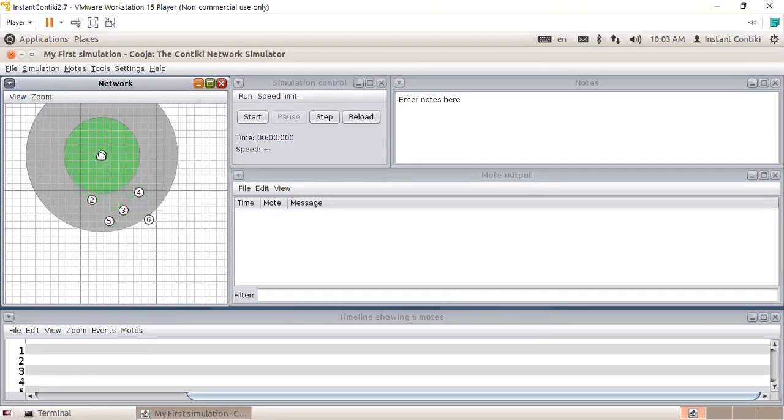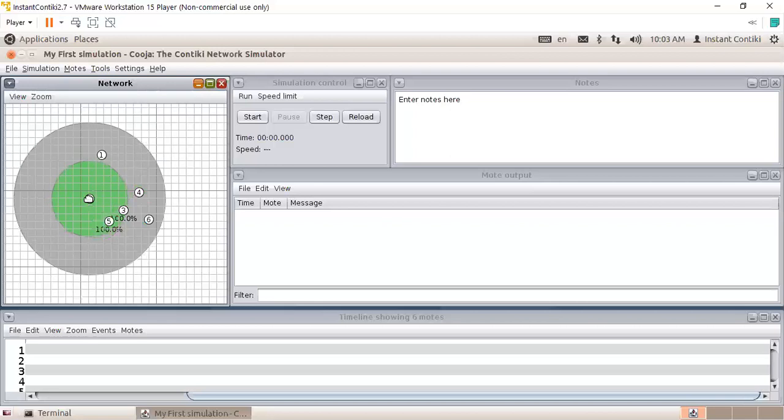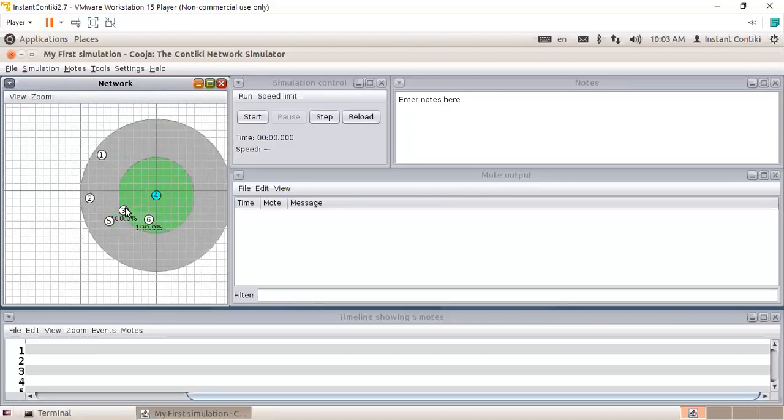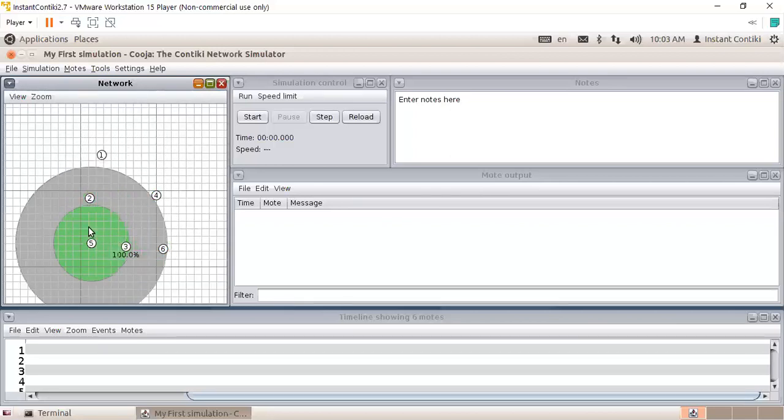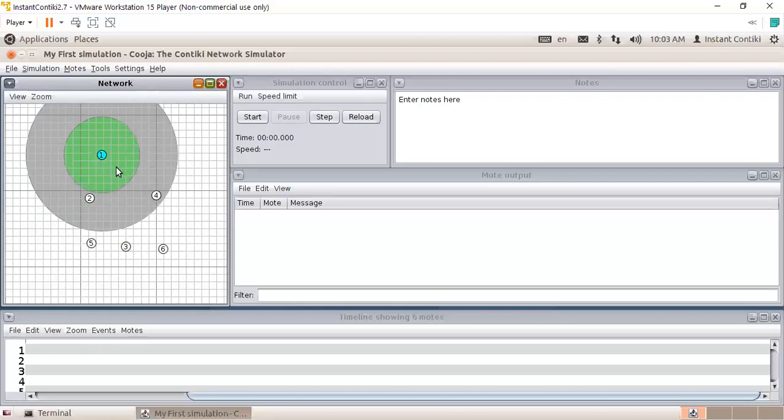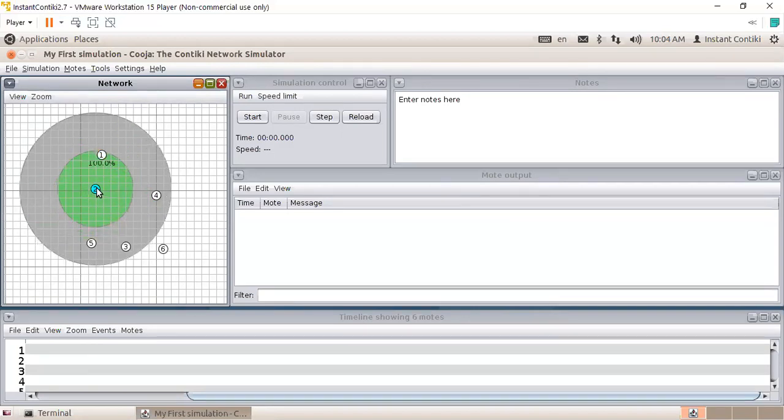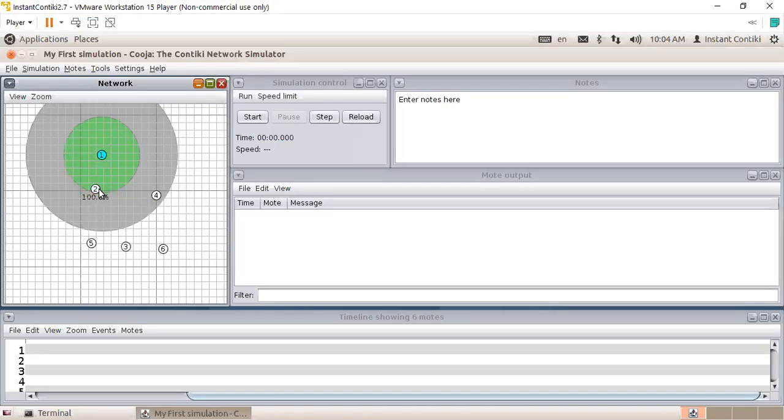So you can see this is 1, 2, 4, 3, and 6. So you can see in the one there are 2 regions discriminated with the colors. So the green region means the signal is very strong in this region. So when you place your mote, your node